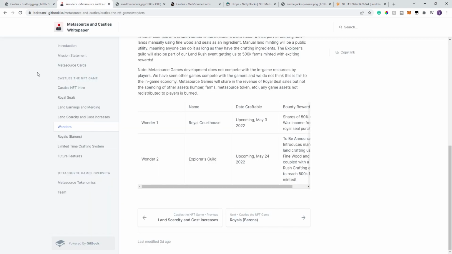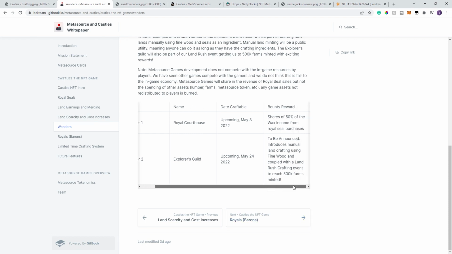If you look at the white papers, you can see that there are two wonders, and I'm assuming there's going to be additional wonders down the road. These are just two of them that are highlighted in the white papers. First, we have the Royal Courthouse. This is going to basically give anyone that owns a Royal Courthouse a share of 50% of the wax income